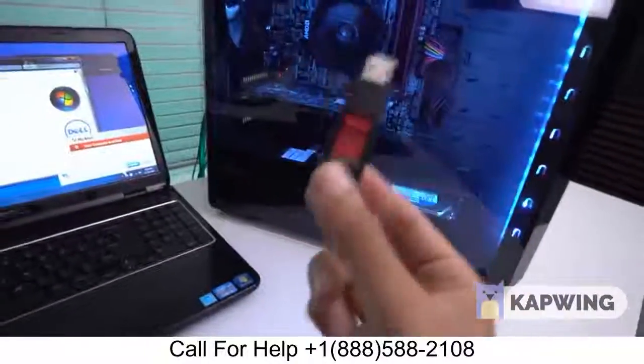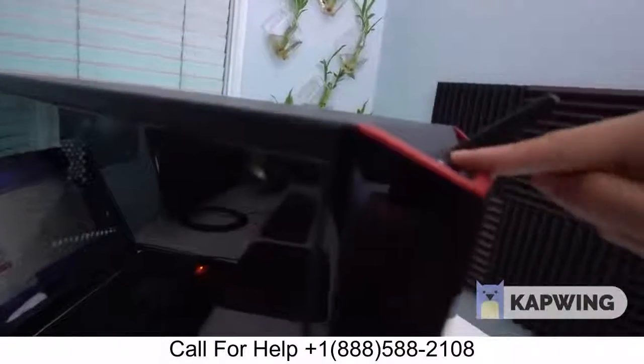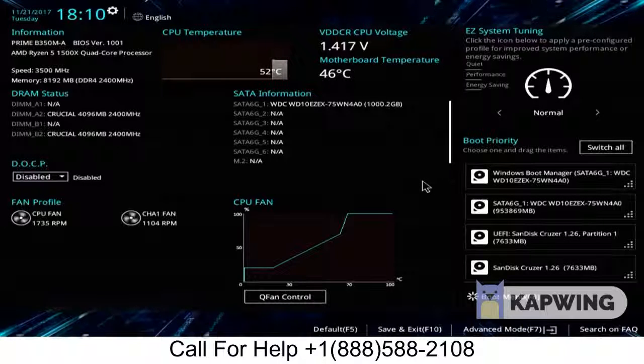So now we're going to be doing a clean install of Windows onto this PC. And when I turn on the computer, well, you guys will see right now. So when we first turn on the computer, we're going to see a splash screen. Now this splash screen tells us what key on our keyboard to press to boot to our BIOS. So right now my splash screen is telling me press F2 or press delete rapidly on my keyboard so I could boot into the BIOS. The splash screen doesn't stay open very long, so if you miss the timing period, just turn off your computer and try it again. So we're now in our BIOS,